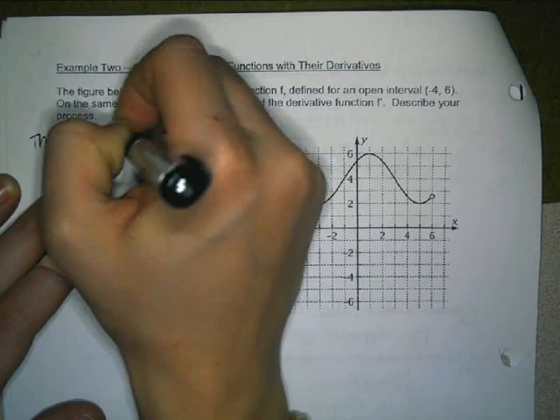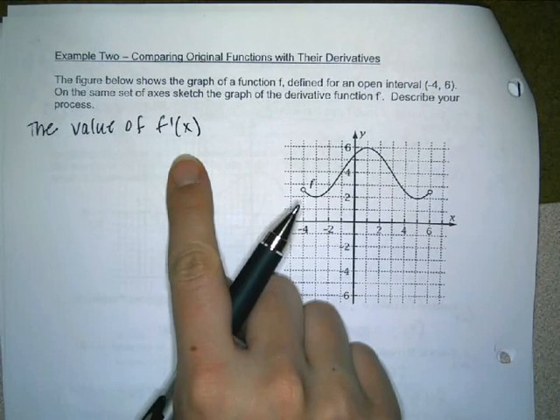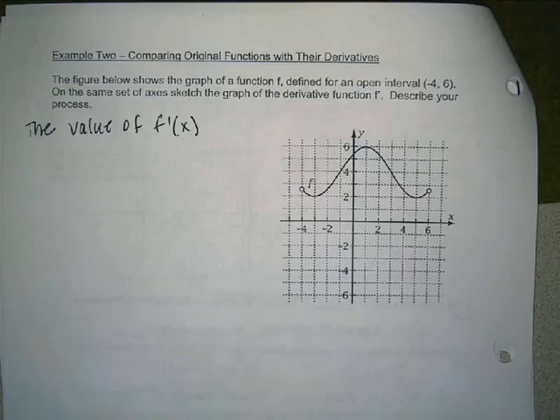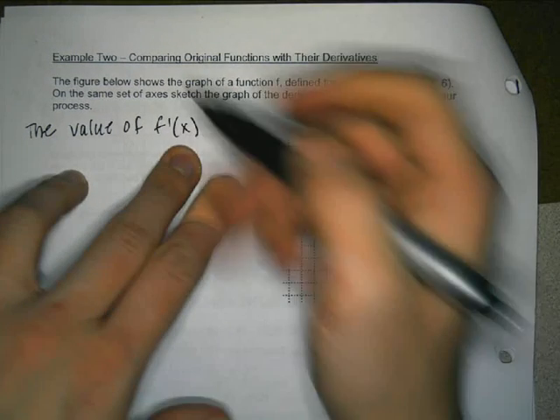The value of f prime of x. Now, if you didn't watch the video yesterday, then you don't know what f prime is. But if you did, what is f prime referring to? The function of the derivative. So whenever you see f with a little apostrophe thing, that's called prime. F prime refers to the derivative. So the value of the derivative equals